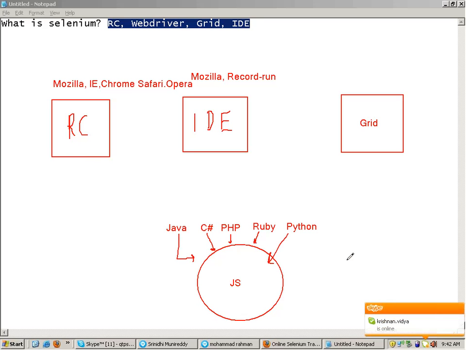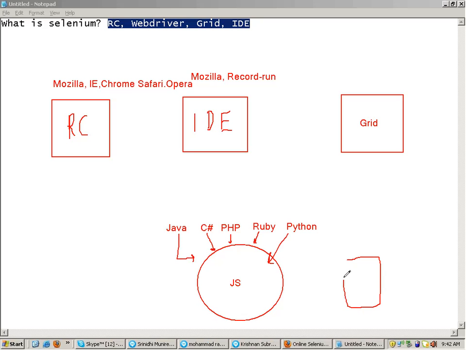So if you have a website out here, right? Suppose this is the website. Then,